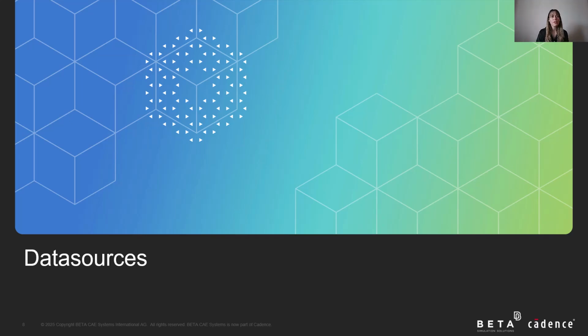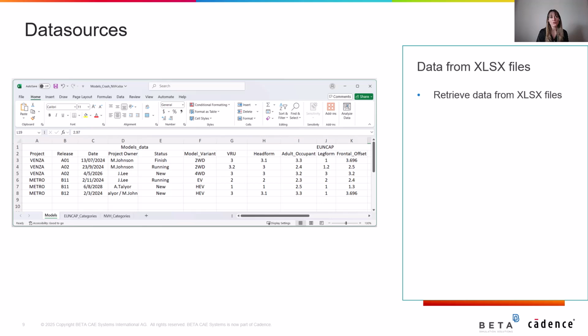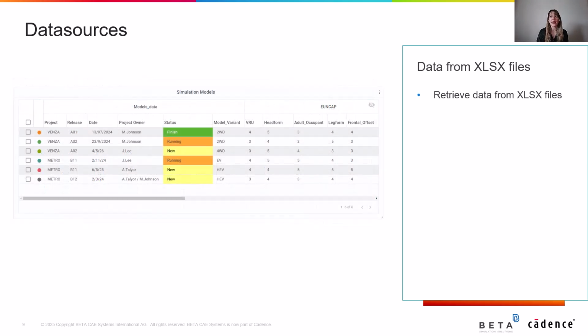Now, moving on to data sources, I would like to highlight the key changes in this area. We now have the option to open and retrieve data directly from an XLSX file in a file system. Prerequisite is that the Answers server can access this file system. Data are queried dynamically, meaning that if there is a change in the XLSX file, the change will be directly reflected in the retrieved data next time they are queried.